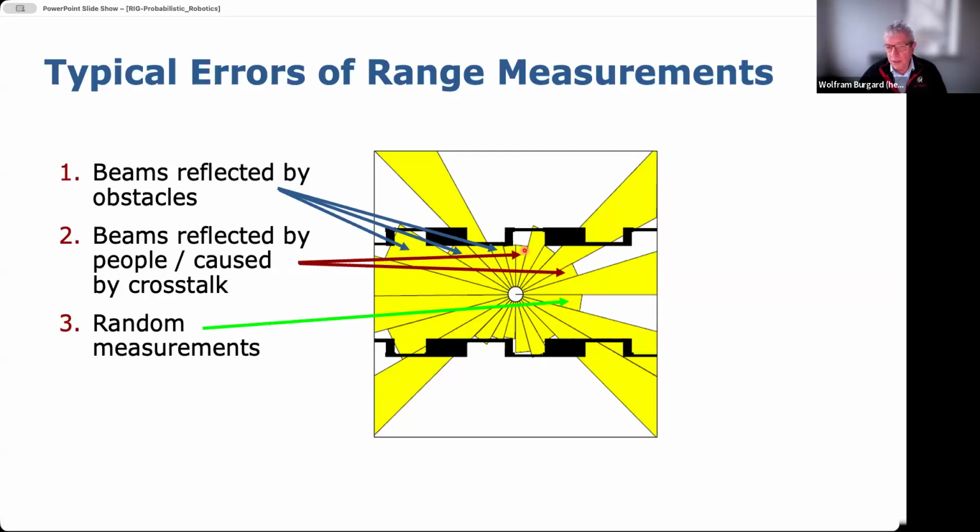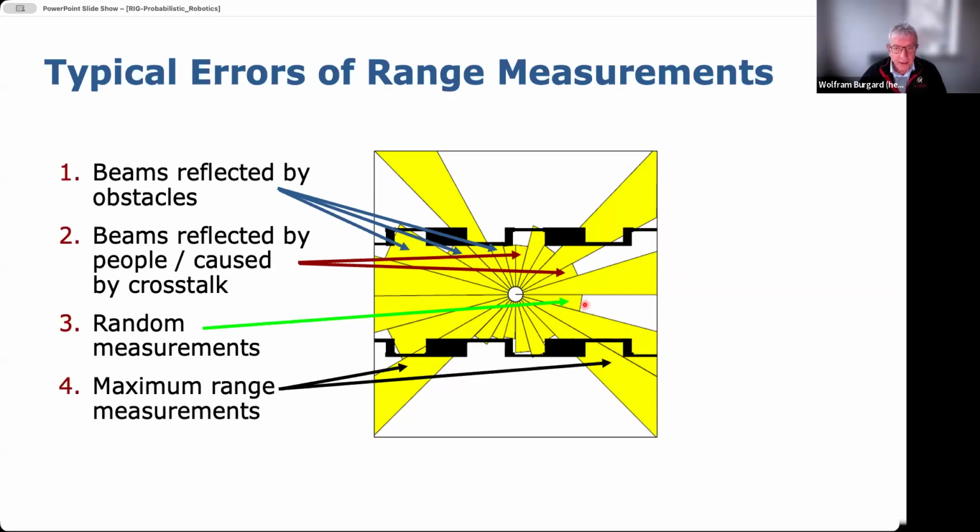Yeah, and then you might have even what is called a random measurement whatsoever. It could be caused by dynamic objects, but also simple failures. And then also maximum range measurements that you find on all ultrasounds or on all range sensors or time of flight sensors, because usually they